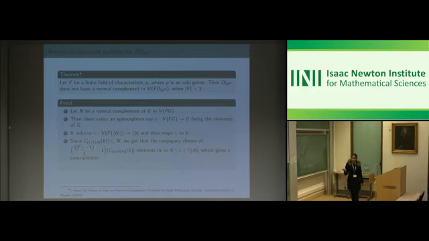Suppose it has some normal complement, say N. Then we can find an epimorphism from FG to G which fixes the elements of G. If this map is restricted to VFB, then it goes to this subgroup of G and thus maps the generator of this group to B only. And since you can check that this centralizer of B in 1 plus gamma A is actually contained in N,